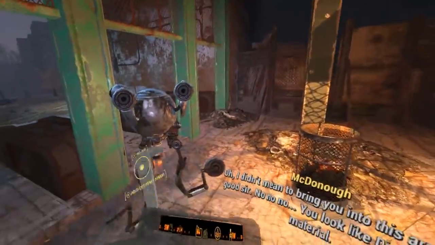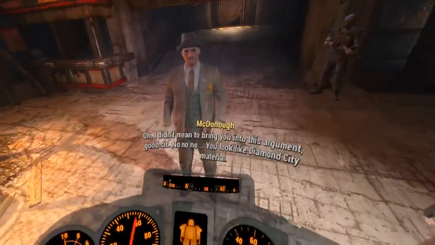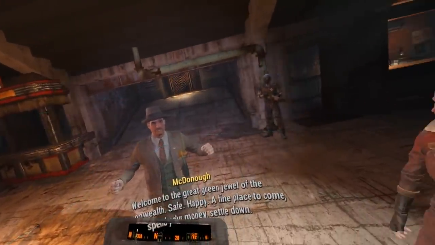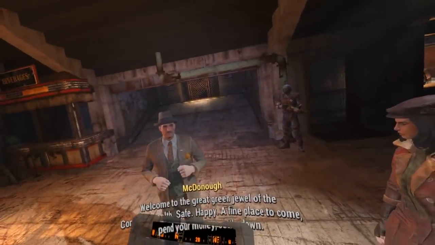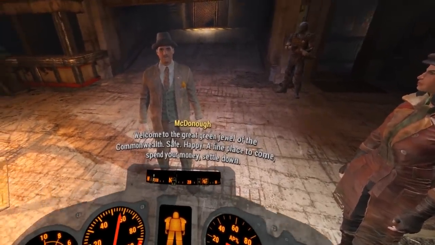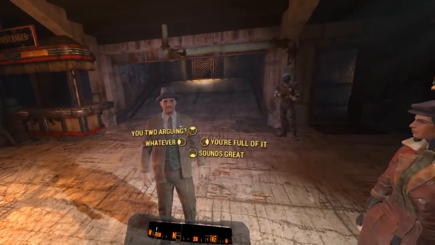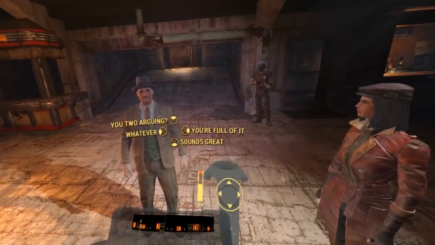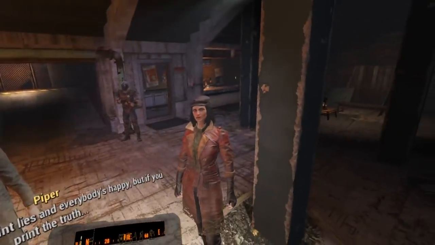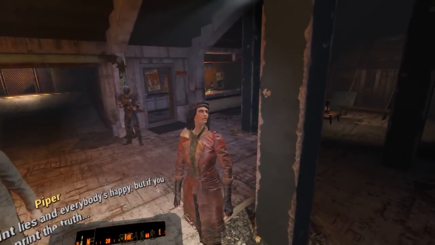Wow. Sir. I'm impressed, Robot. You look like Diamond City material. Welcome to the great green jewel of the Commonwealth. Safe, happy, a fine place to come. Spend your money. Settle down. Don't let this muckraker here tell you otherwise, all right? What are you two arguing about anyway? What do you think? Print lies and everybody's happy, but if you print the truth...